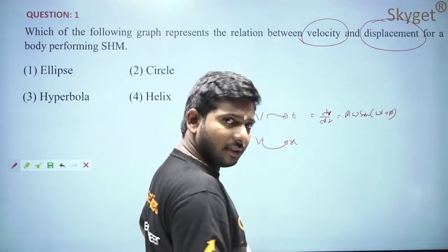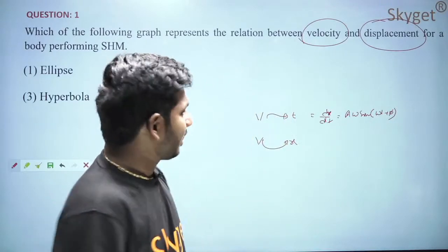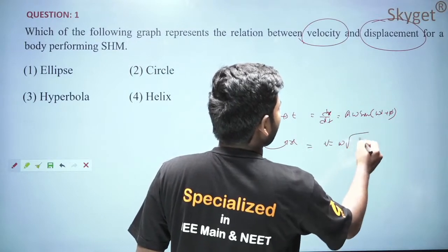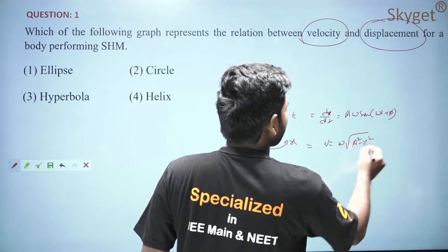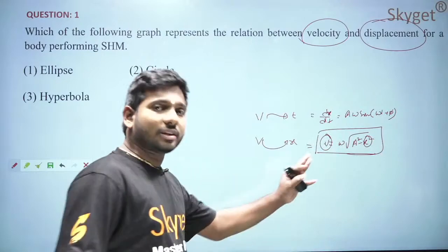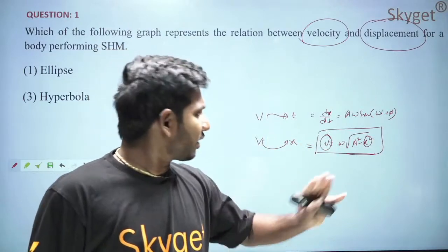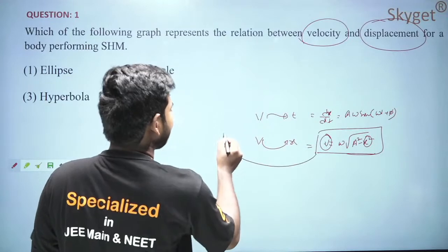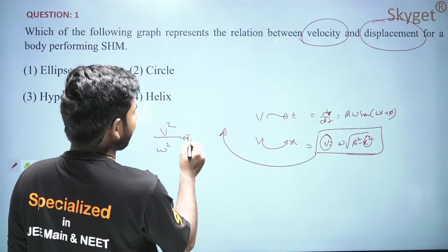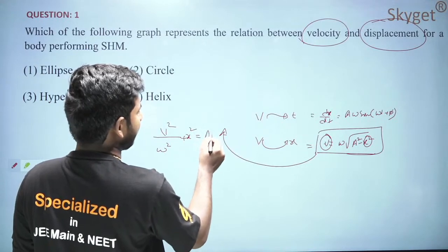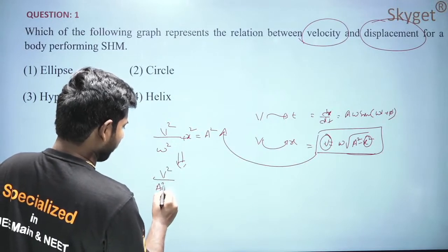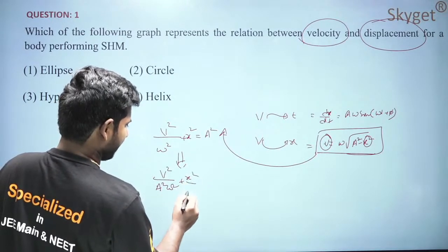But in case you want to convert it in terms of position, the formula is velocity is equal to ω into root over A square minus x square. So from this, velocity and position both are involved in this equation. If you simplify it, v square by ω square plus x square is equal to A square. Further simplifying, v square by A square ω square plus x square by A square